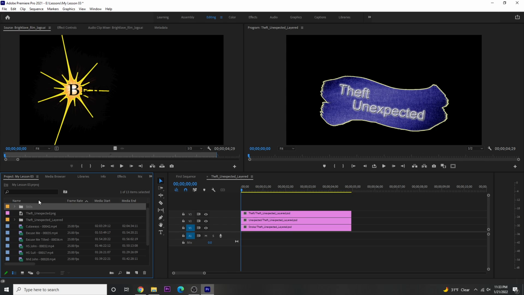It made it into a bin here in our project panel. Notice it has a little drop down arrow. If you click that, you can now see we have city and eagle photos, and you can drop down and open up what was in each of these folders. So that was a really fast way to bring in multiple files instead of doing one at a time, and they kept their nice